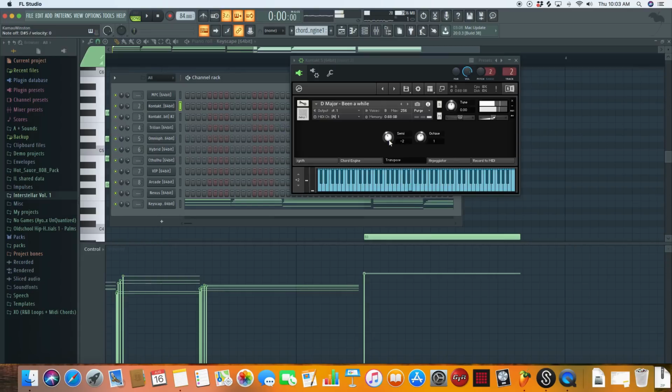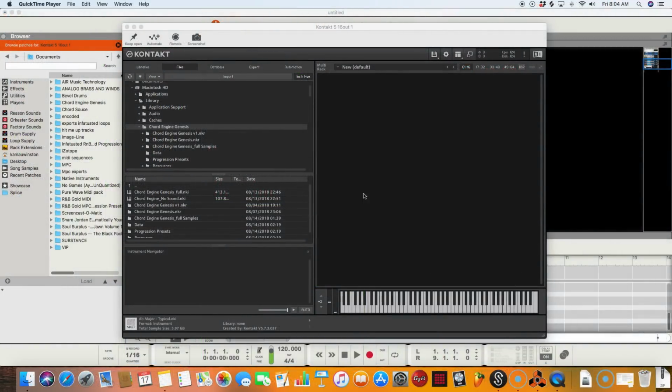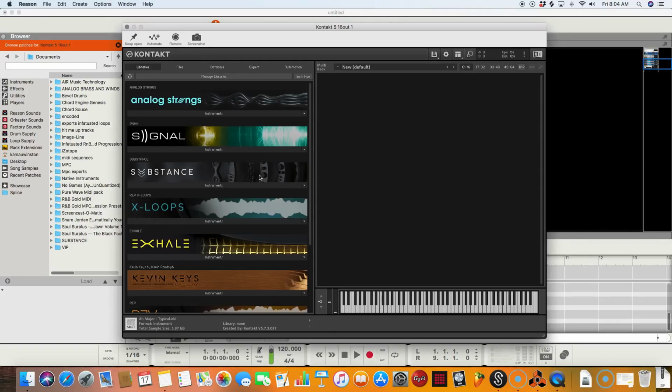So that's a real good feature to have. Chord Engine Genesis runs in the full version of Kontakt. Now here I have Kontakt pulled up inside of Reason, and most of you are familiar with the Libraries tab,